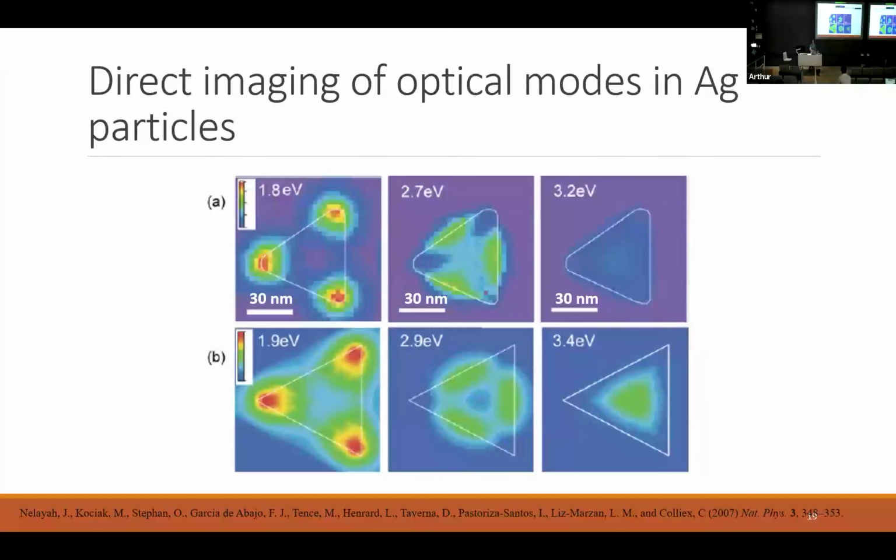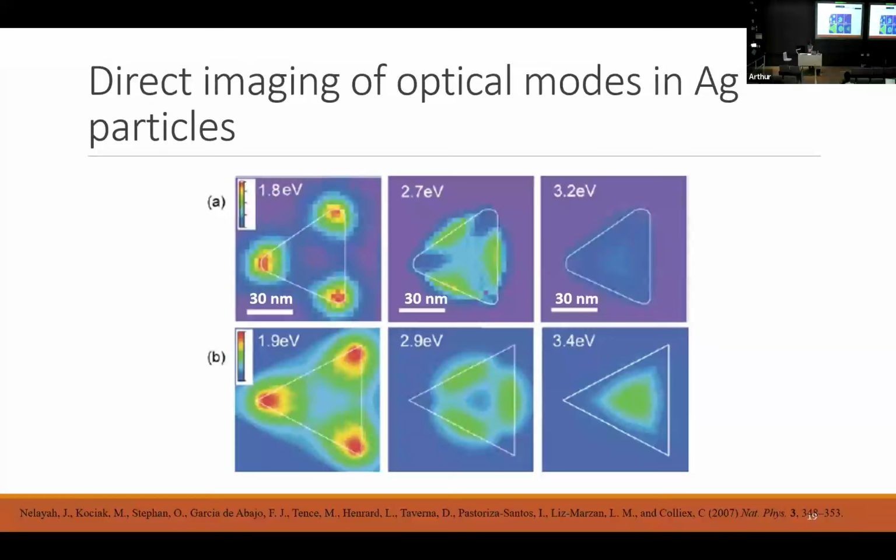So these are some silver nanoparticles. They're about 50 nanometers. This is a 30 nanometer scale bar here. The top here is some experimental EELS data, and the bottom is the theoretical. So you can see it matches pretty nicely. What we've done is we've sat at each point and measured the EELS spectrum, looking at the low loss region because we're interested in the plasmons.